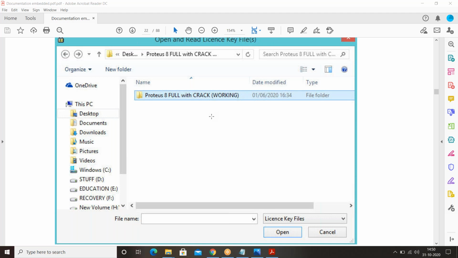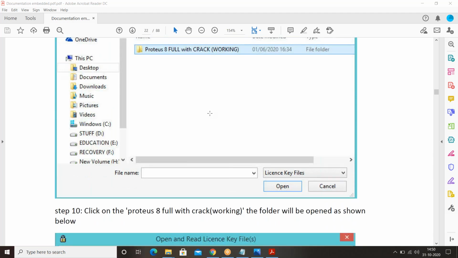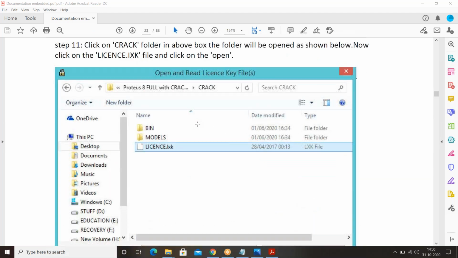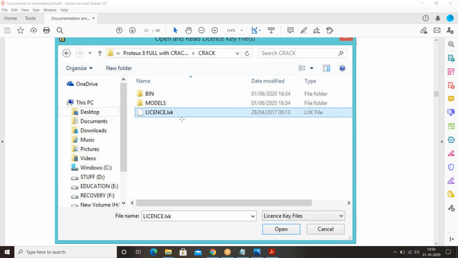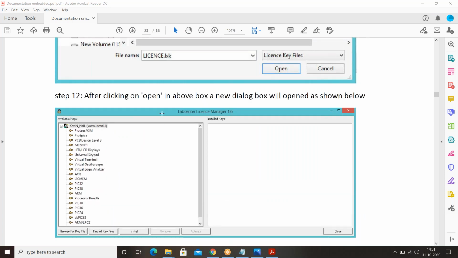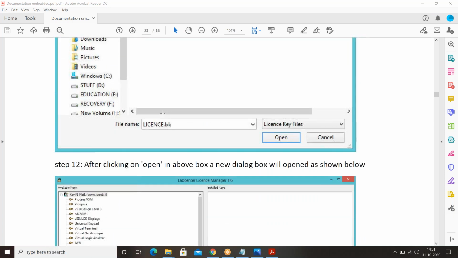Open the Proteus 8 with full crack working. Go to the crack, there you'll get license.lxk, something like that. Double click on this, open that, you'll get a page like this, where all the license keys will be there. Wait a second.